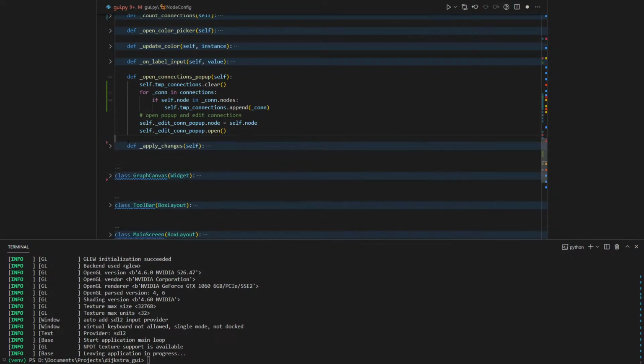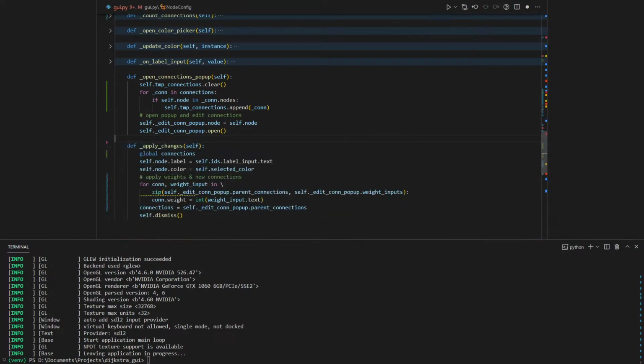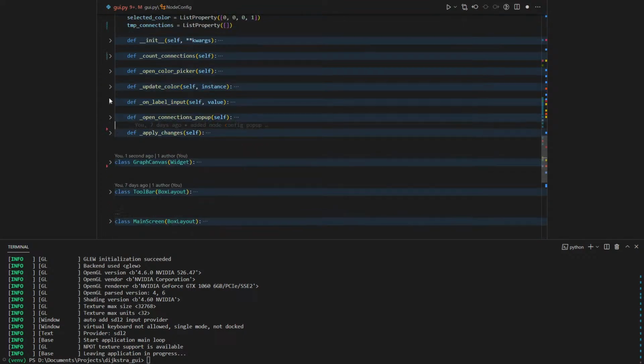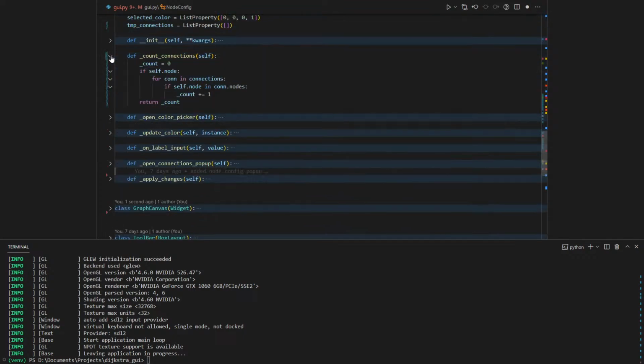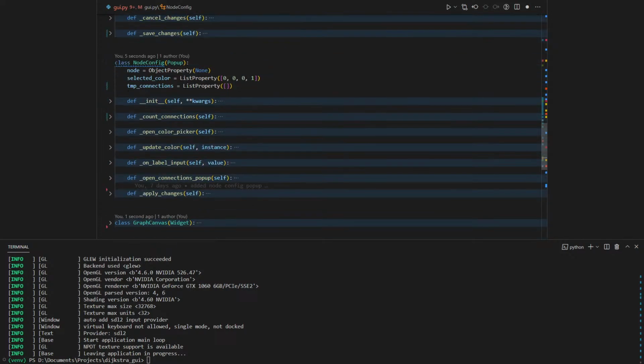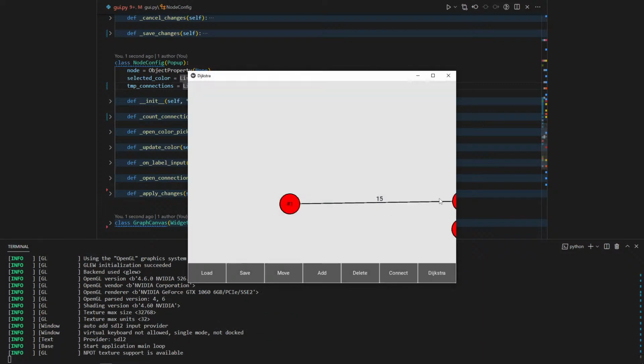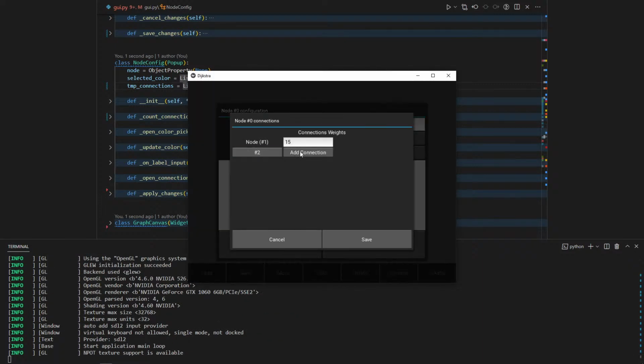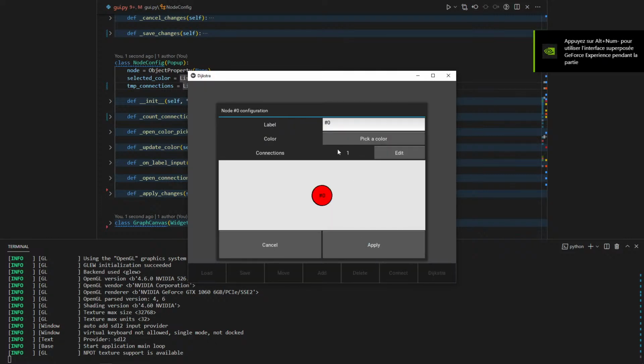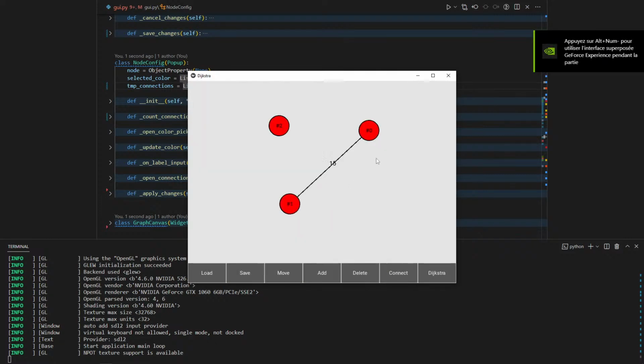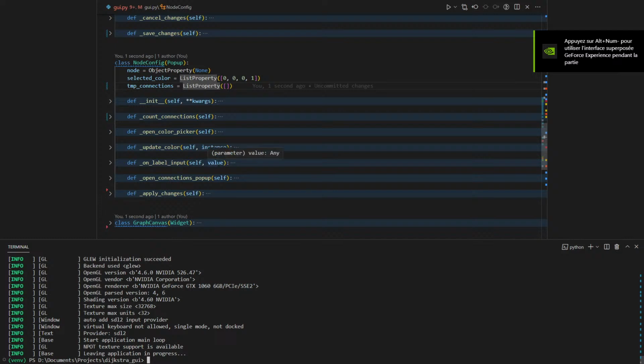So we don't need this one. There's a lot of code we don't need now. Label input, update color, count connections, blah. All right. Oh yeah, for the count connections. So if we add a new connection here, save, it should update this one too, right? Yeah, so when you click on save,